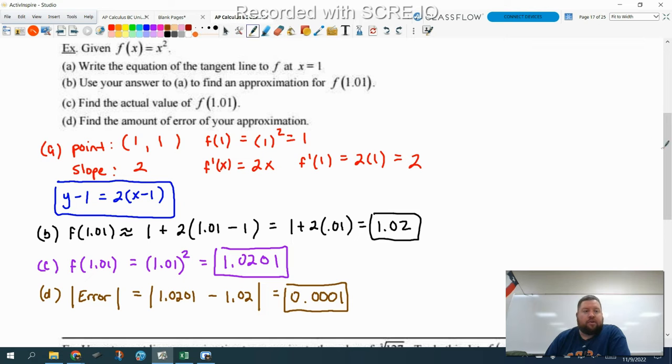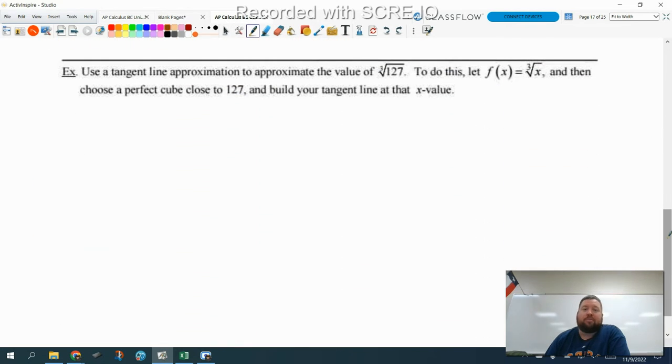Another way that you can use tangent line approximations is to approximate a radical. So we know a lot of perfect squares and perfect cubes and things like that, but it's helpful to have an idea of what a non-perfect radical would be. Okay, so we're going to do this for the cube root of 127. The cube root of 127 is not a perfect cube, and we want to try to get an approximation for